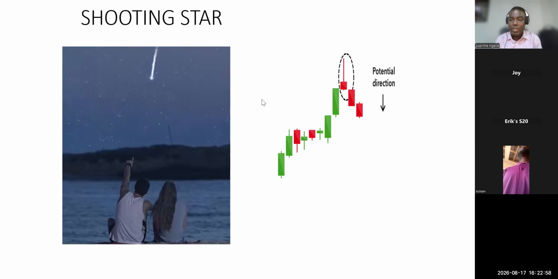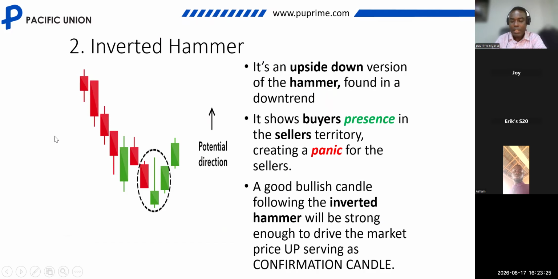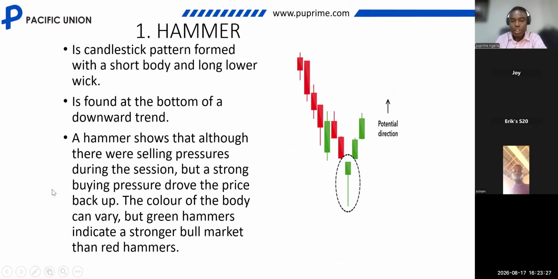So while the hammer can be used to generate a bullish signal, the shooting star is the opposite. The shooting star is always formed at the top of an uptrend, and it's a candlestick with a short body and a long upper shadow. Take note of that. For the hammer, let's flip back. The hammer is a candlestick pattern with a short body and a long lower shadow. The shooting star is a candlestick pattern